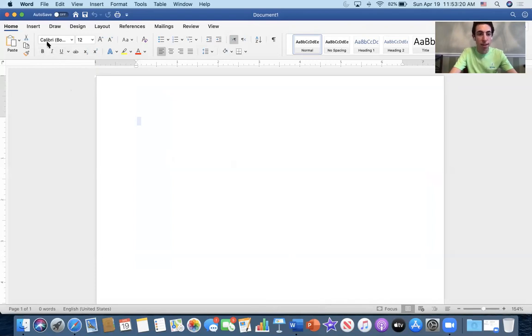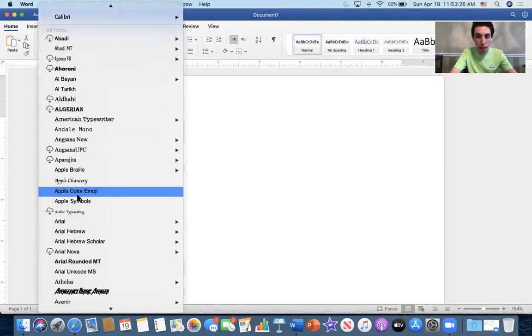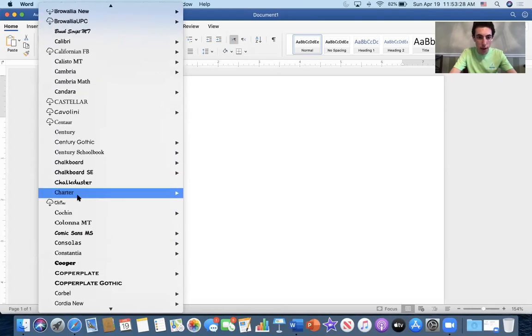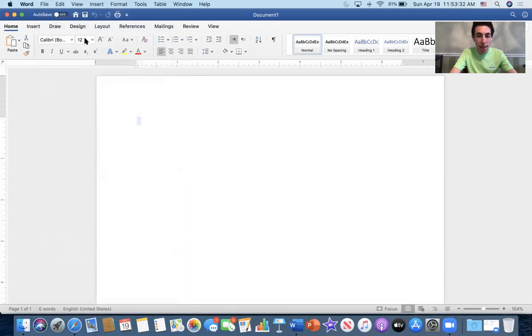Right on top of that, it says Calibri body. If you click on the arrow, then it will give you the option to choose all the fonts. You can scroll down. There are many, many fonts you could choose from. Right next to that is text size. You could either change it by typing in a new number, or by clicking on the arrow next to it to choose from their selected font sizes.